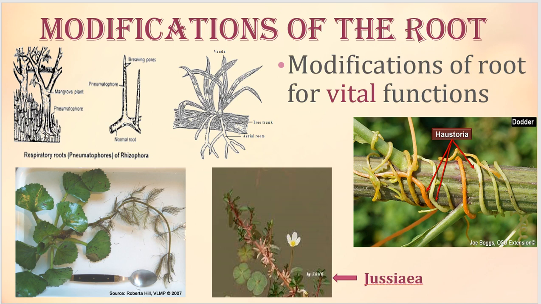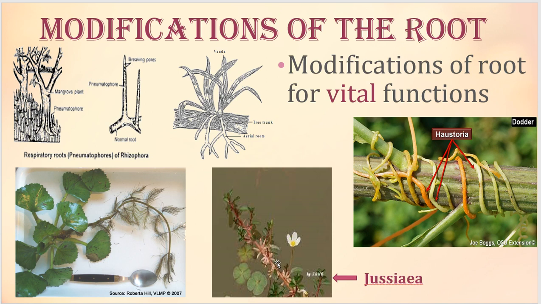So these plants produce negatively geotropic roots. This is very important. Negatively geotropic roots are produced which grow upwards towards sunlight, so they are positively phototropic. These roots have openings, breathing pores, on them, so gas exchange can happen through these natural openings. So these are the respiratory roots of mangroves. The best known example is Rhizophora. There are a lot of mangrove plants, but Rhizophora is the given example.